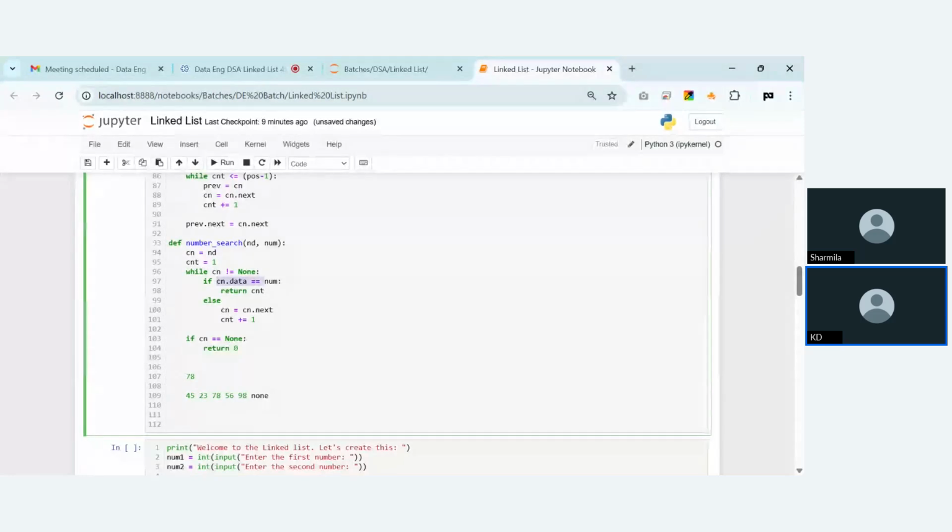If this is not there, then this part will be executed. Cn will come here and Cnt will be 3. And again, it will be compared. As soon as it matches, it will return count, meaning 3 will be returned over here. But if it is not found, and by this processing it has reached 98 and then none,